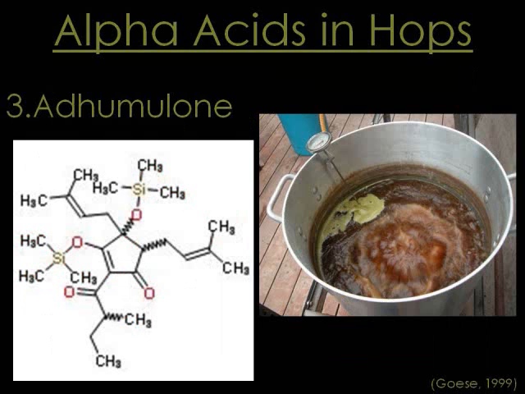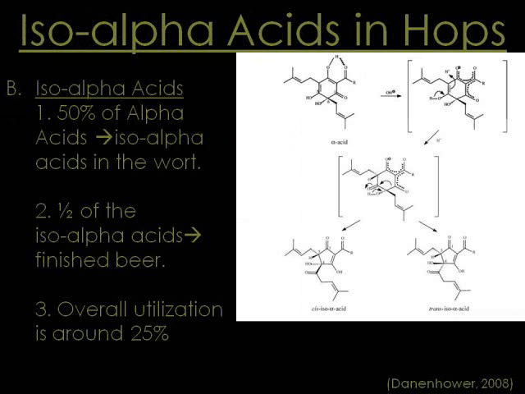Cohumulon, being the least of the alpha acids, only makes up about 5 to 17%. It is considered to be harsher than the other alpha acids. All the alpha acids range in quantities depending on the types of hops. Most hops have humulon as the most abundant, with cohumulon and adhumulon having different total quantities depending on the various types of hops. About half of the alpha acids put into the brew kettle end up as isoalpha acids